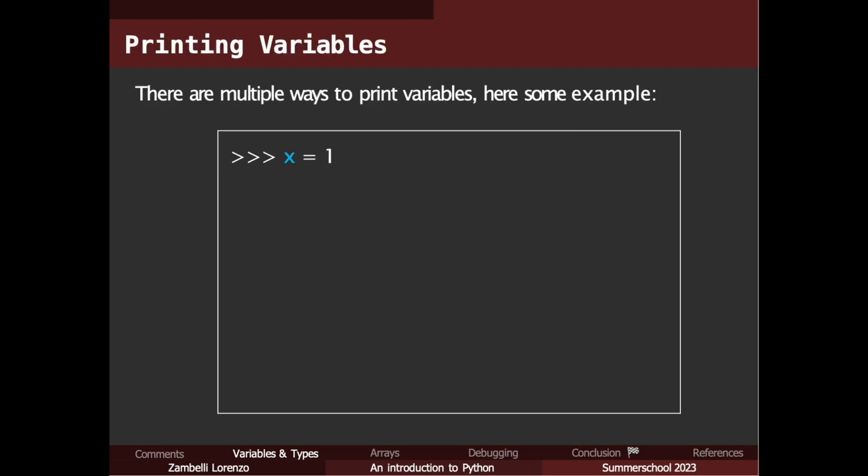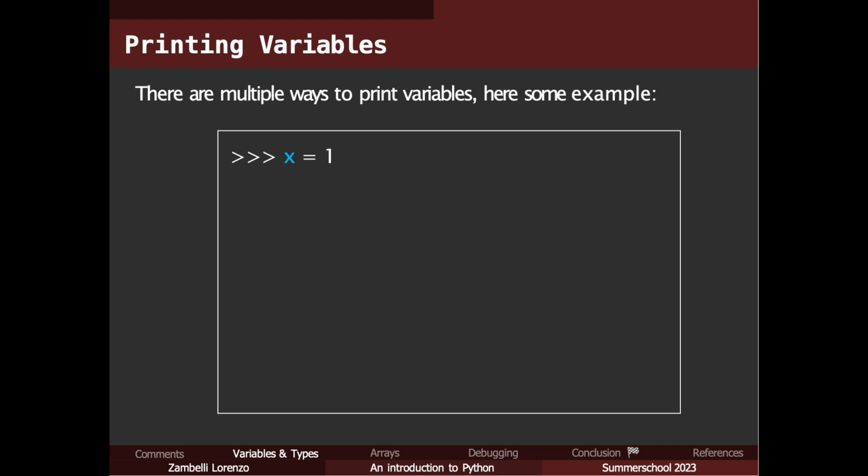How do we print variables? It is fundamental to print variables for multiple reasons, maybe because we are printing plots and we need to write some information on those plots, or we are interacting with the user and we want to give the user some information. There are multiple ways to do it, and the ones I'm going to give you are not the only ones, but I believe they are the most used.